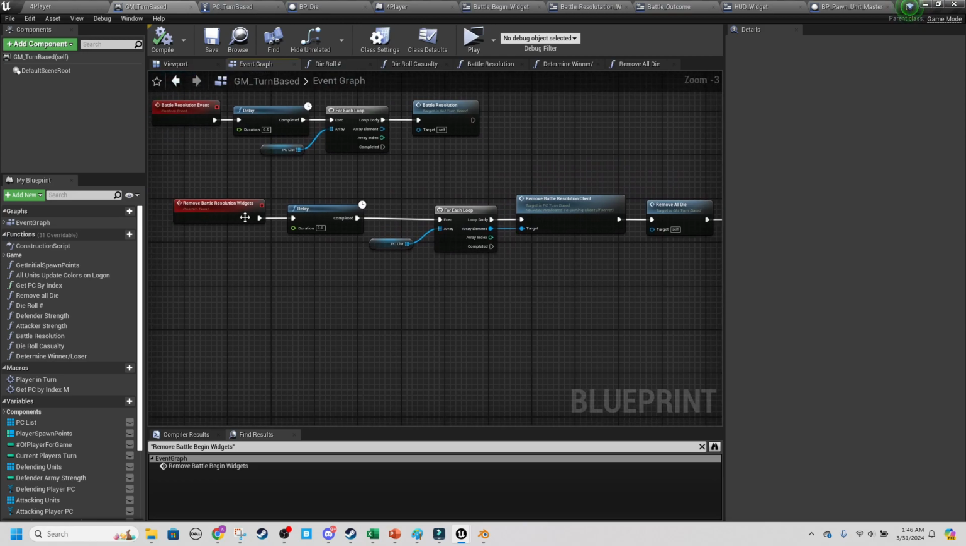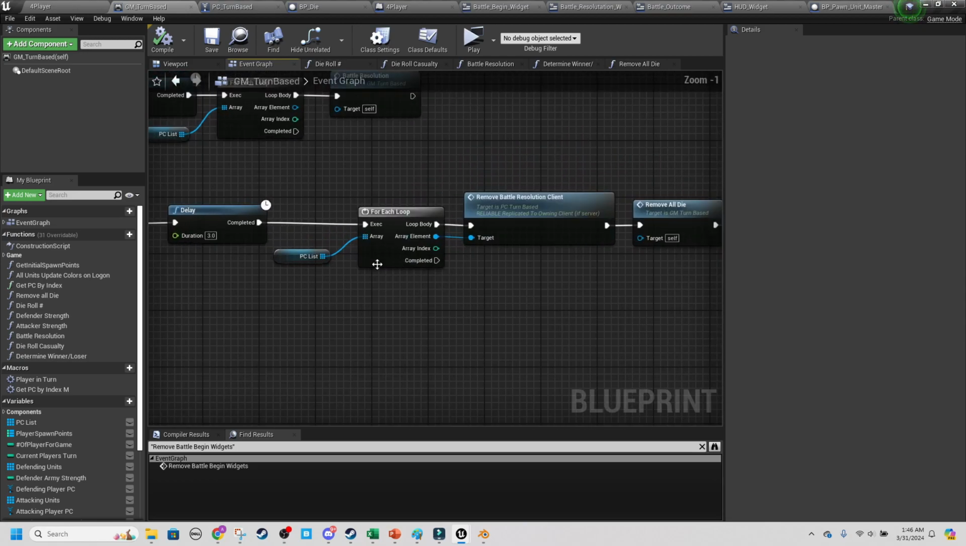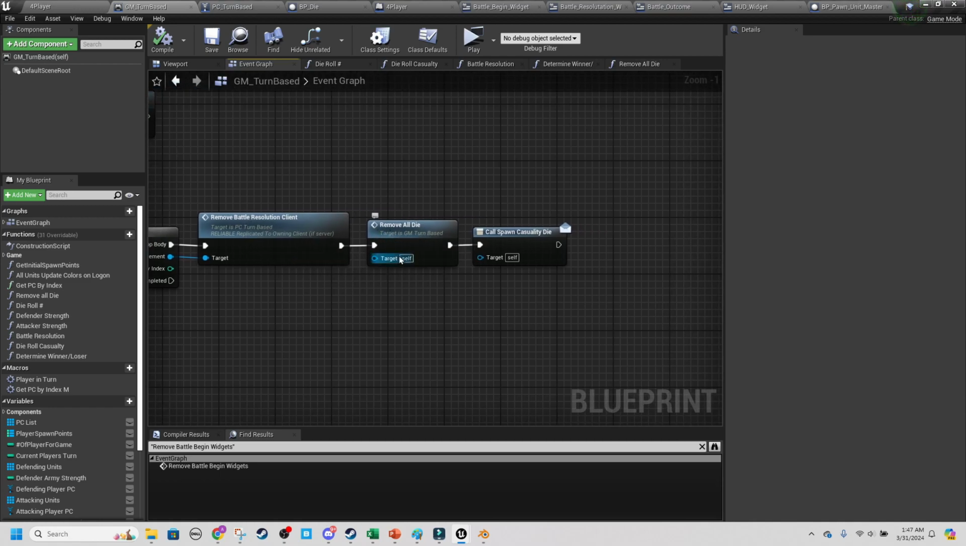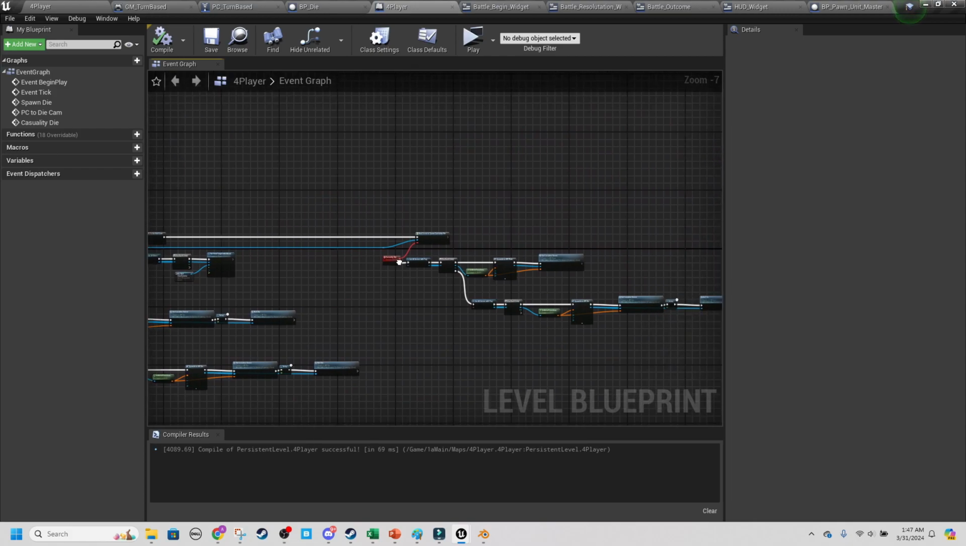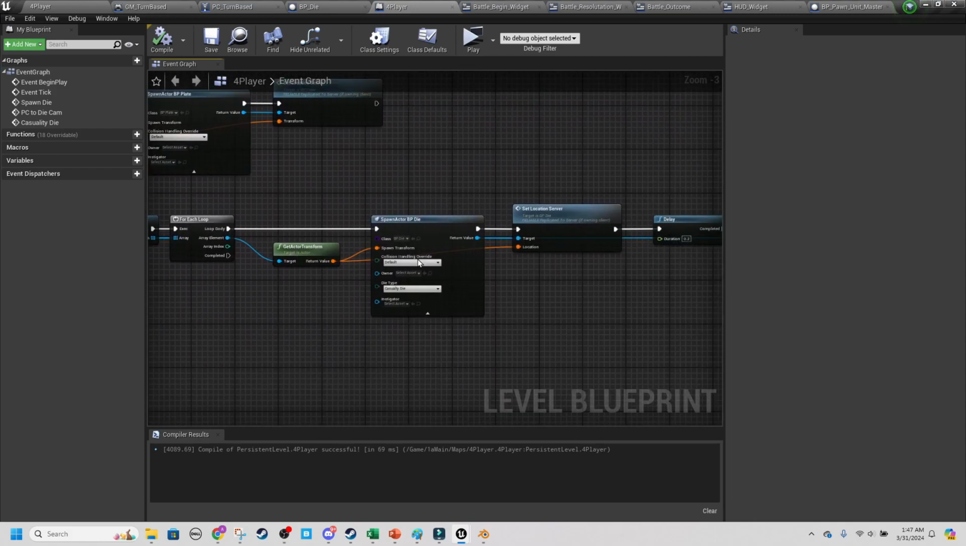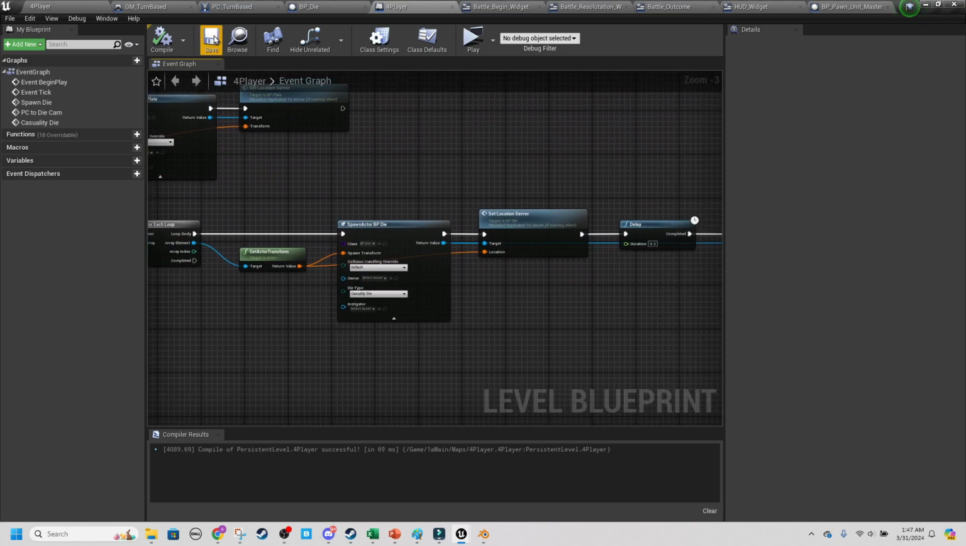And then just make sure you have this code, but we'll do the delay for each loop, remove the resolution client, remove all the die, and then we'll call the spawn casualty die, which is in our level blueprint, and we'll respawn the plate and respawn the